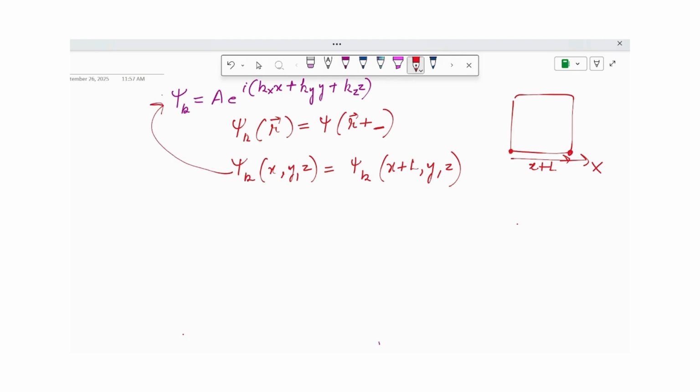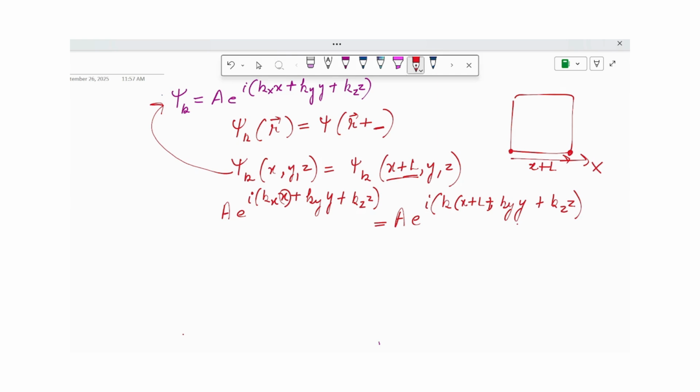in the above equation, our psi k is simply given by A exponential of iota (kx x plus ky y plus kz z). Now in place of x, I will put x plus L. So A exponential of iota (kx (x plus L) plus ky y plus kz z). So doing a little bit of mathematics, what we will get is